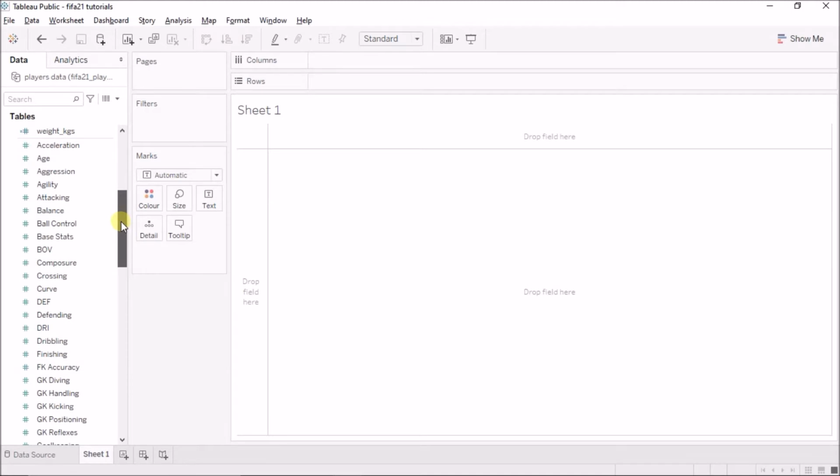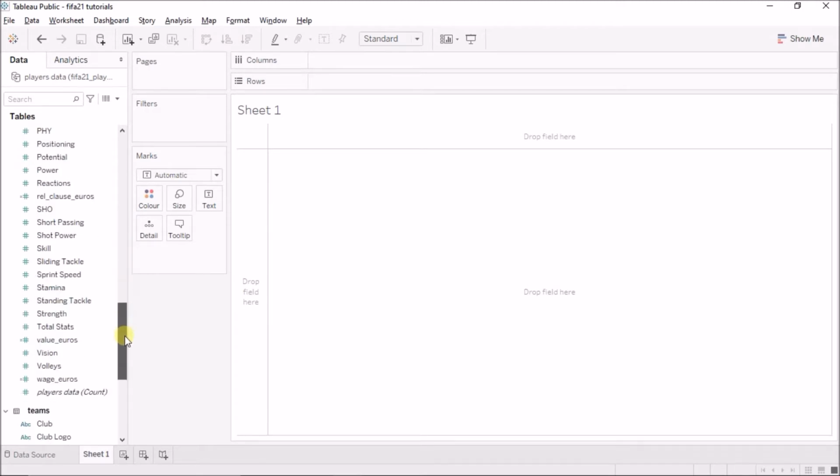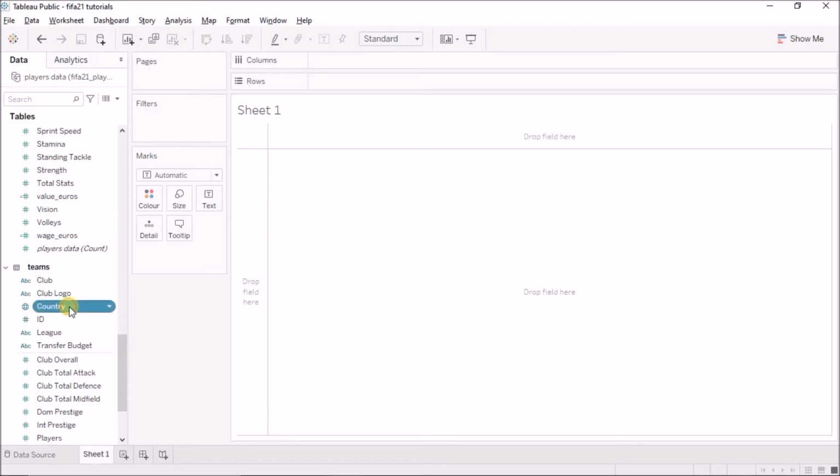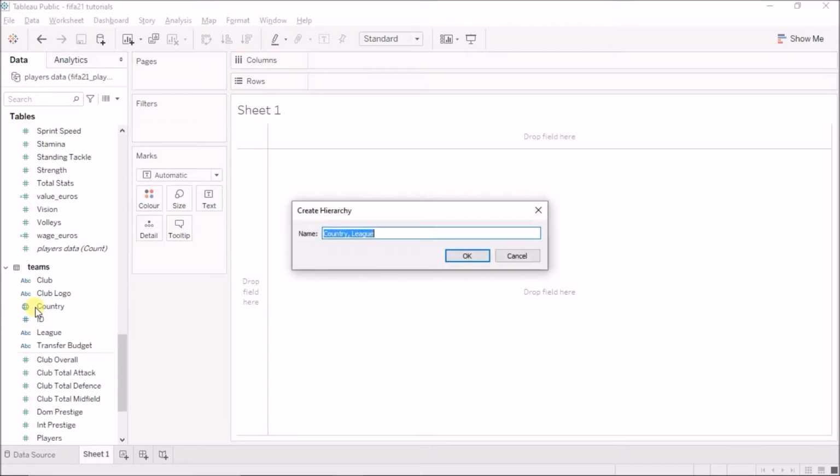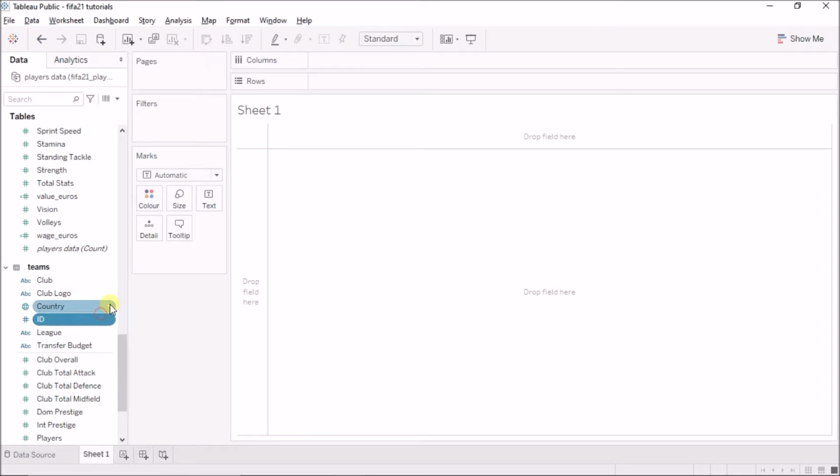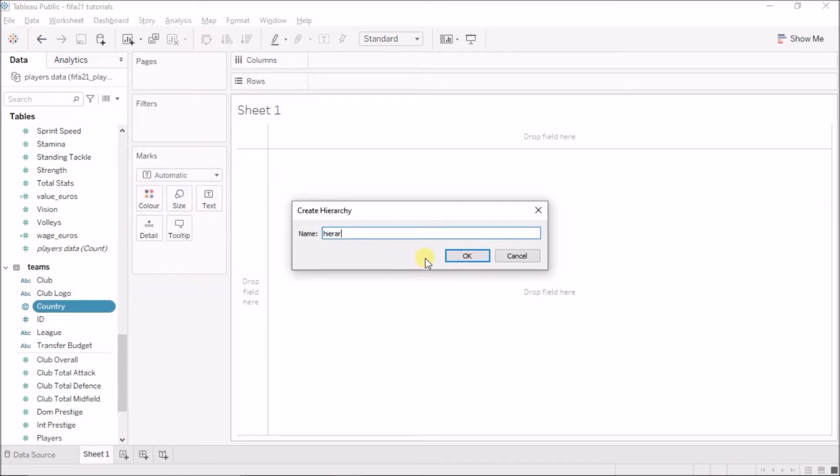So now first of all, my highest level of hierarchy is the name of the country where each club is playing football. Okay, and in each country I have many different leagues. Now it will be much clearer when I draw the visualizations here. Okay, so just bear with me for a moment. Now in each country I have many different leagues, so I'll just drag this league over this country. Okay, and it will ask me to create a hierarchy. I can either do it this way, or I can click on the country here and click on hierarchy, create hierarchy, and give the name of, say, hierarchy levels.